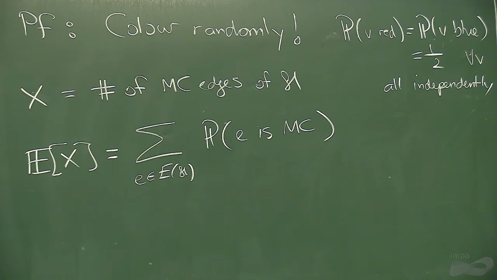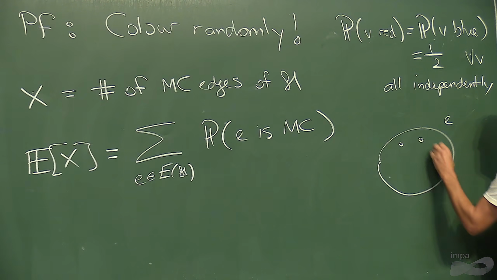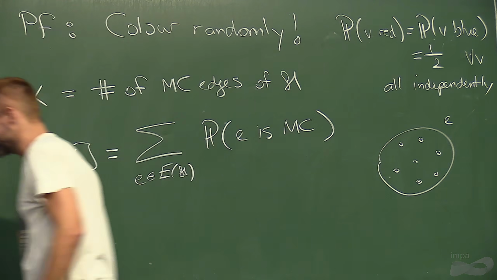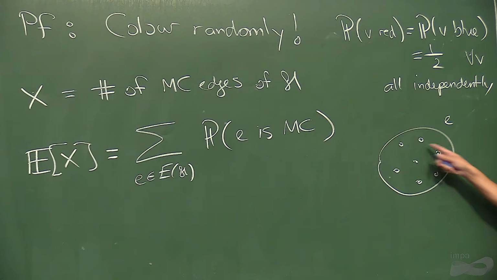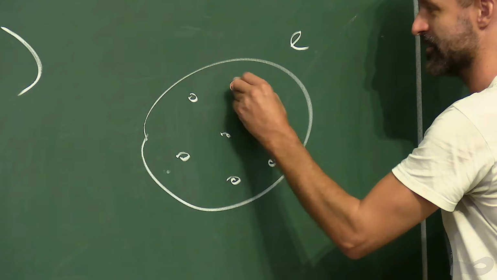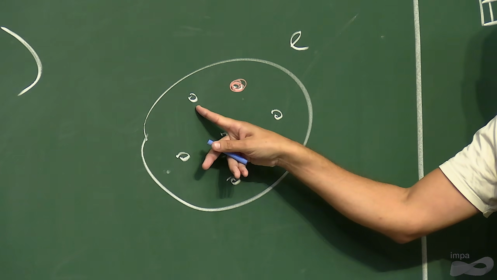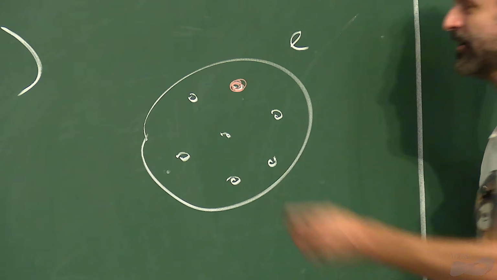So now we have a k-uniform hypergraph. So here is an edge e. It has k vertices, and we're going to color them randomly. Some red, and here's some blue. First one, I color randomly red. Second one, if it's going to be monochromatic, that had better be red as well. That's red with probability 1/2.